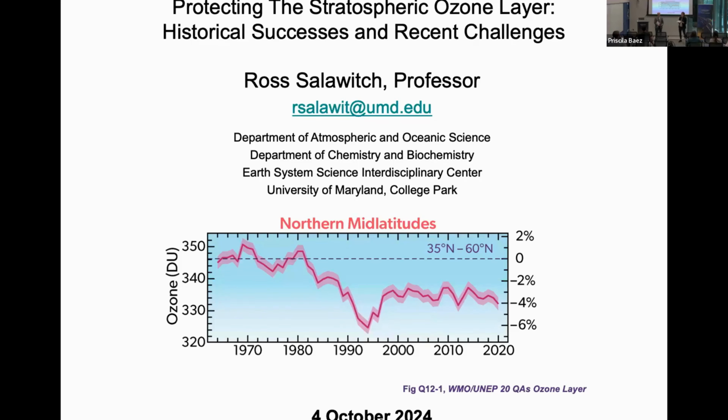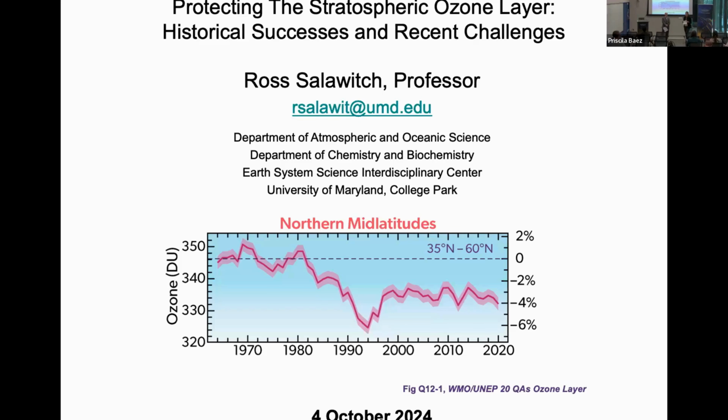at the University of Maryland, College Park. He received his PhD from Harvard University in 1988, which for those of you who are in my class know that's right around the time when the Antarctic ozone hole was becoming a big topic, and his dissertation was on the Antarctic ozone hole. And following his postdoc at Harvard, he spent 13 years at the Jet Propulsion Laboratory in Pasadena, and then joined the faculty at UNCP as a professor in 2007.